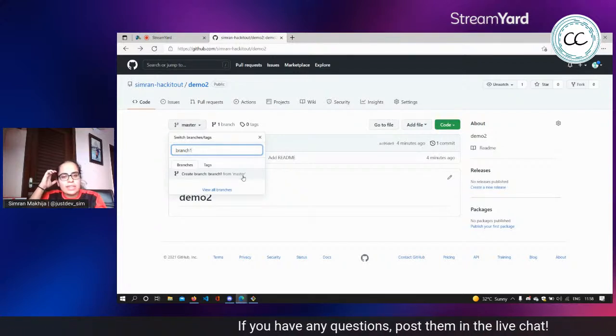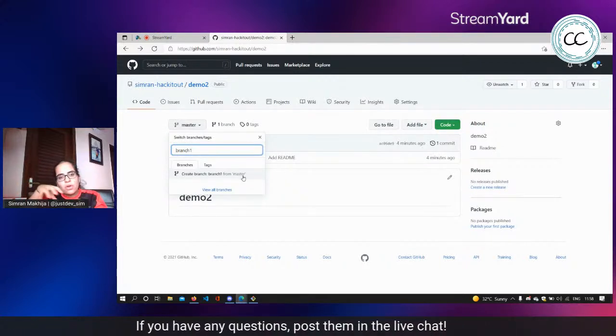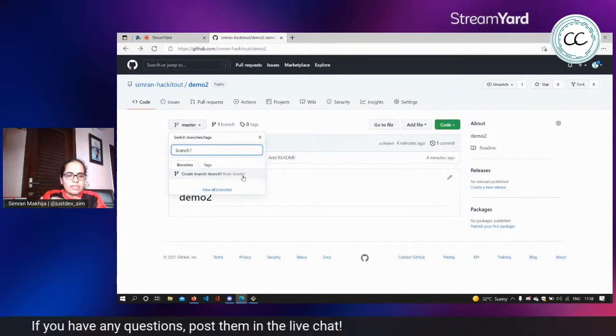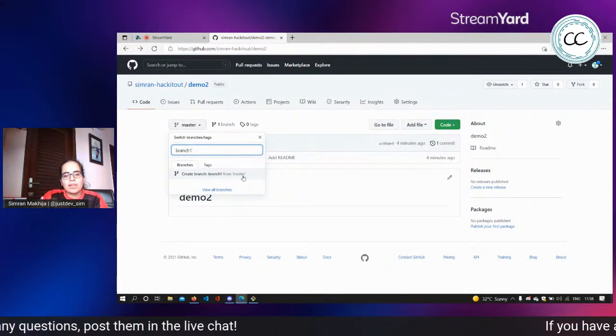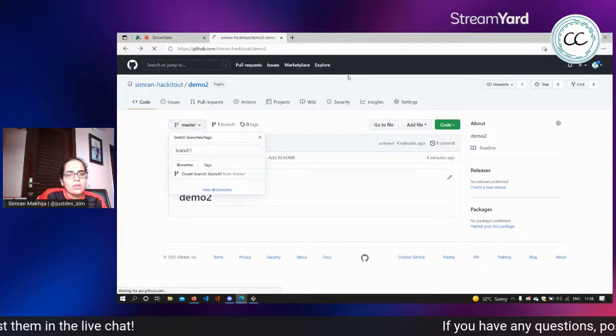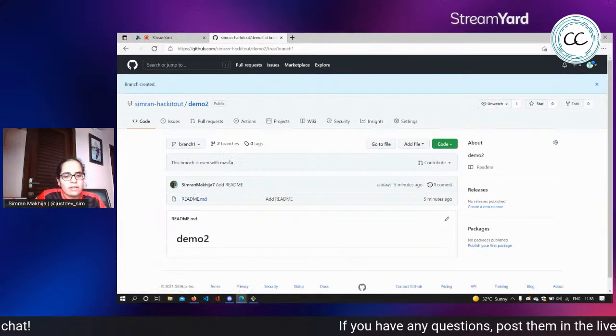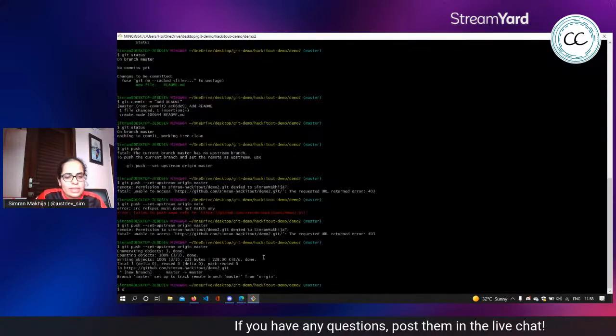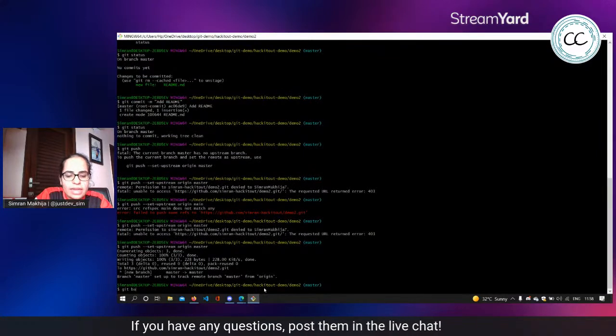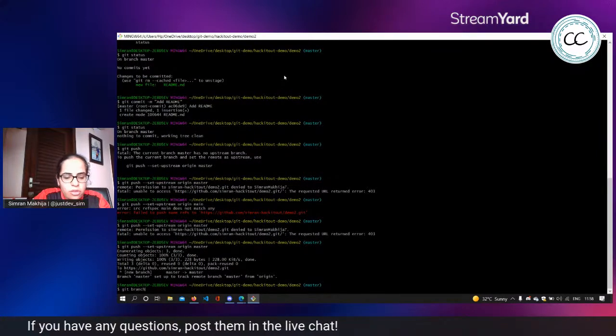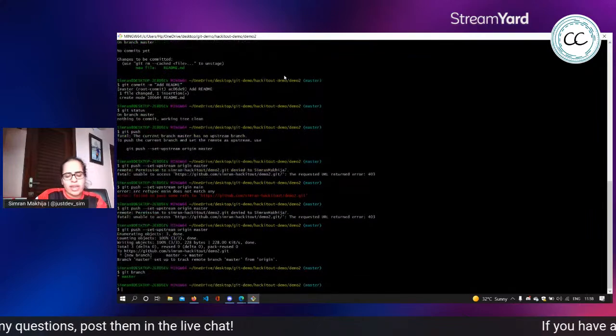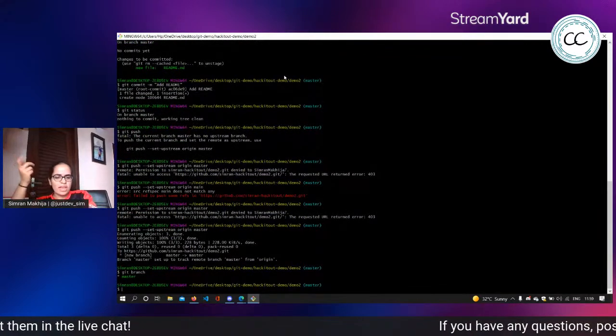What this does is it creates a new branch which has all of the commits and all of the content of my master branch up to this point. So that's done. It has created a new branch for me. Can I see the branch here? To see any branches you have, you'll have to run the command git branch, and all I see is